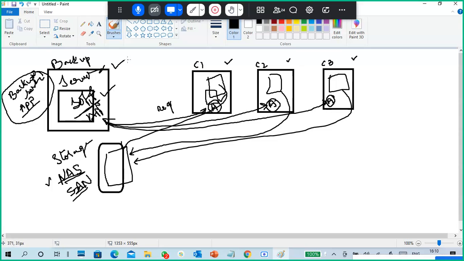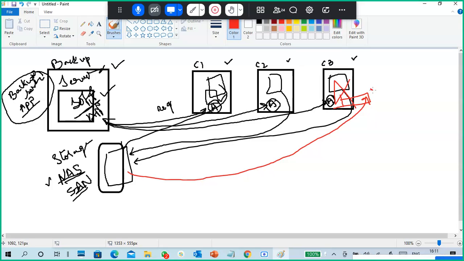For example, if my C drive is down, what to do? Whenever you replace it with a new hard disk, I can restore the data onto that hard disk.